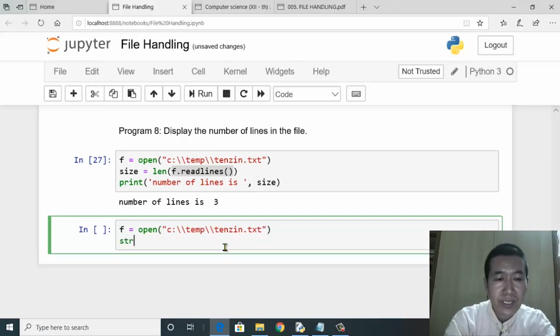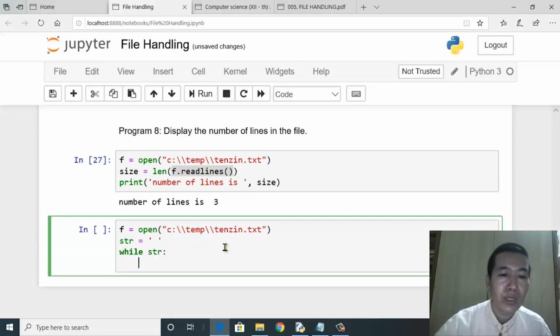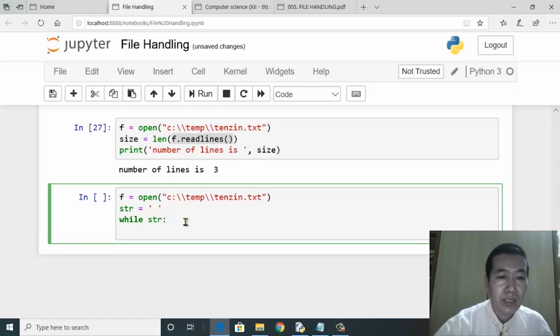Then we should have str equals, a space, remember, followed by while str colon. I'll not explain again. The logic is similar to the one which we have done in the earlier program.